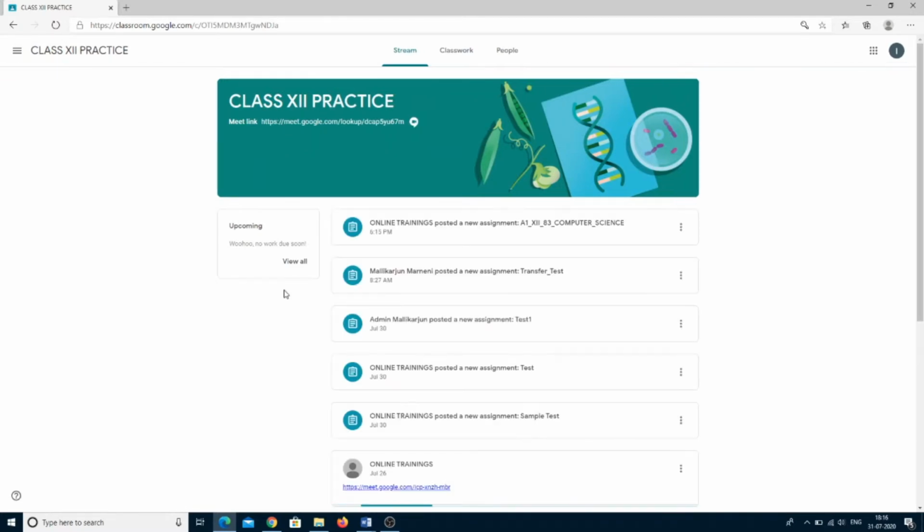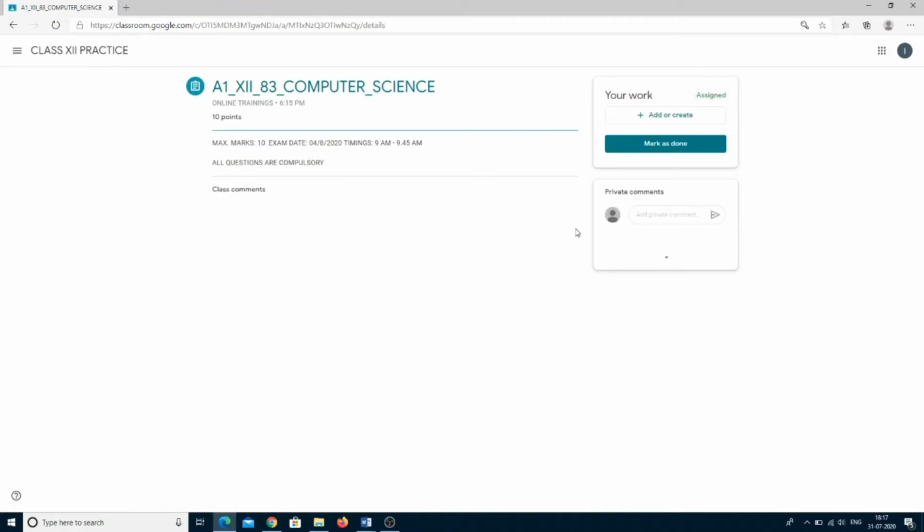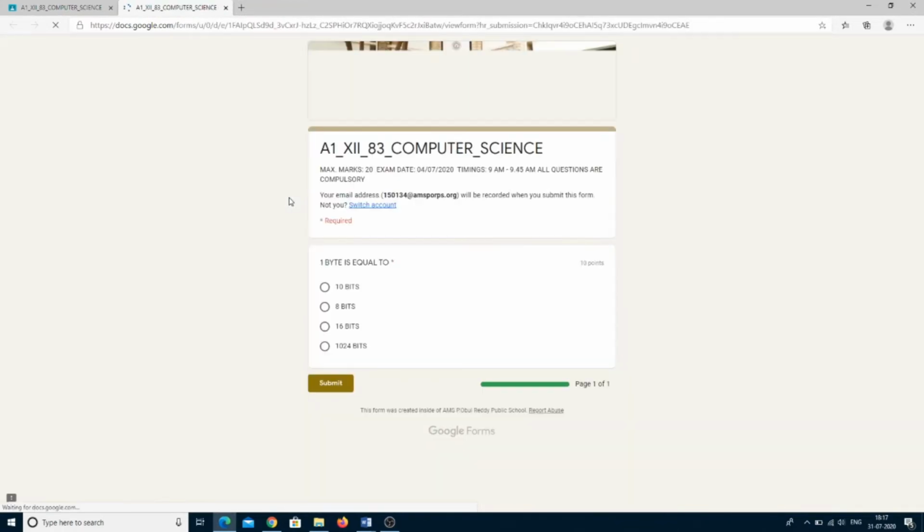As a student, when they log on, immediately they can see the assessment posted by the subject teacher, and they can see the subject name A1 1283 computer science. Student can click on the Google form and they can see maximum marks, timings, exam date, everything. They can see the instructions, whatever instructions you are giving, and the file name. And now students can click on that Google form.